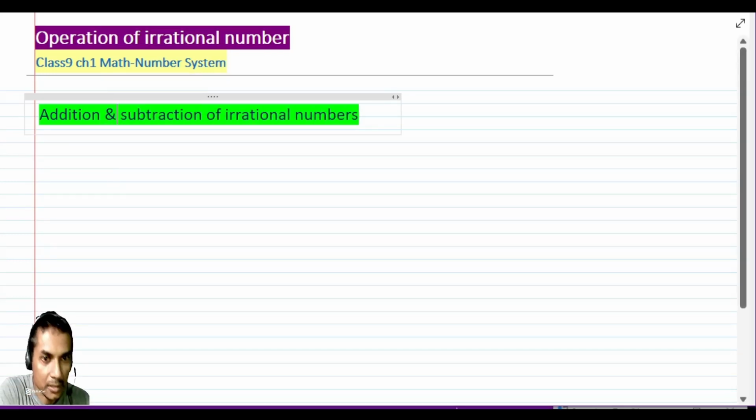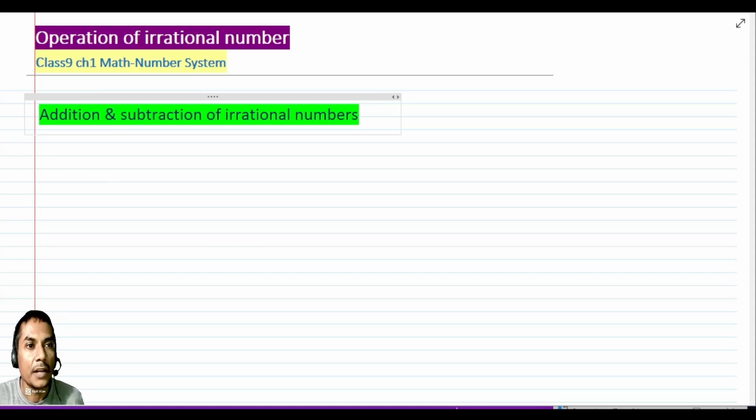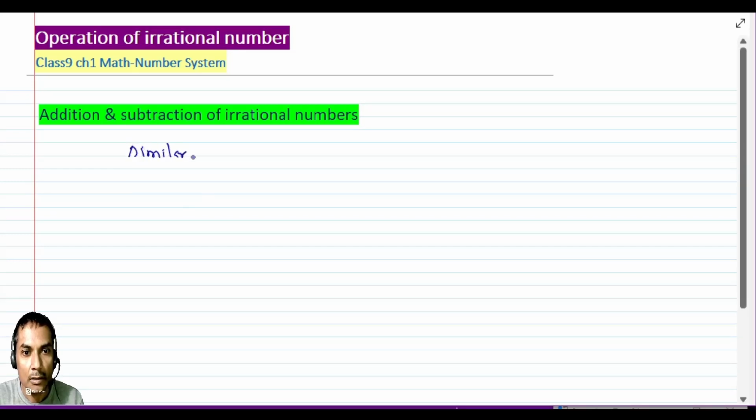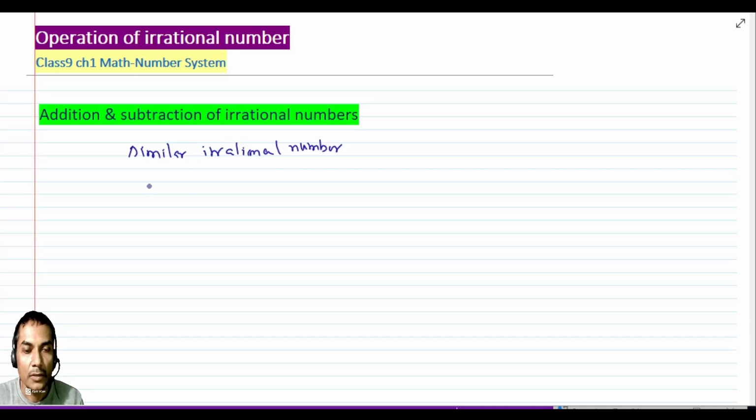So first we learn the addition and subtraction of irrational numbers. You must remember, addition and subtraction is possible only between similar irrational numbers. What does that mean? So, if I tell you to add,